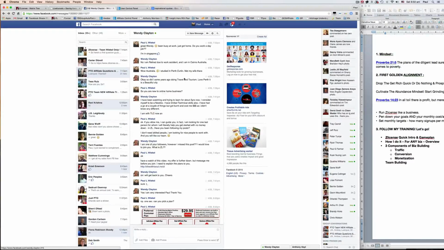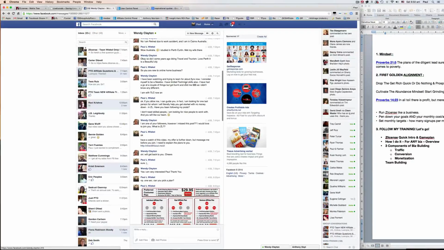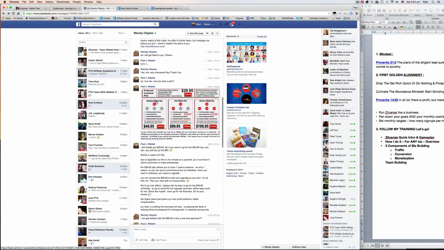And then she'll share a bit about, hey, I'm retired, I'm in Cairns, Australia. Great, wow, I studied in Perth. So just build some bridges first before you even get into the business side of things, right? And chat them up, right? So once you've chatted them up, you can come down here,